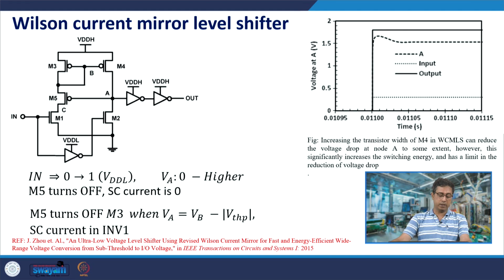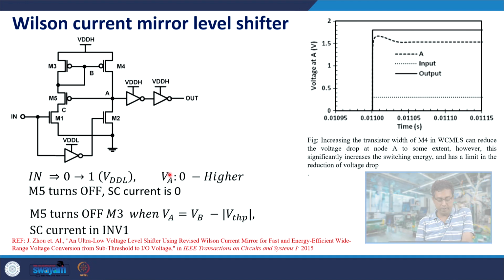Let us now discuss an improvement upon this, where the static current is reduced to near 0. How is that done? Now, a transistor M5, a P MOSFET, is kept in between M3 and M1. What is the advantage of this? Where did we have static current? When input was VDD-L, input was 1. Now, suppose input turns from 0 to 1, VA is initially 0,